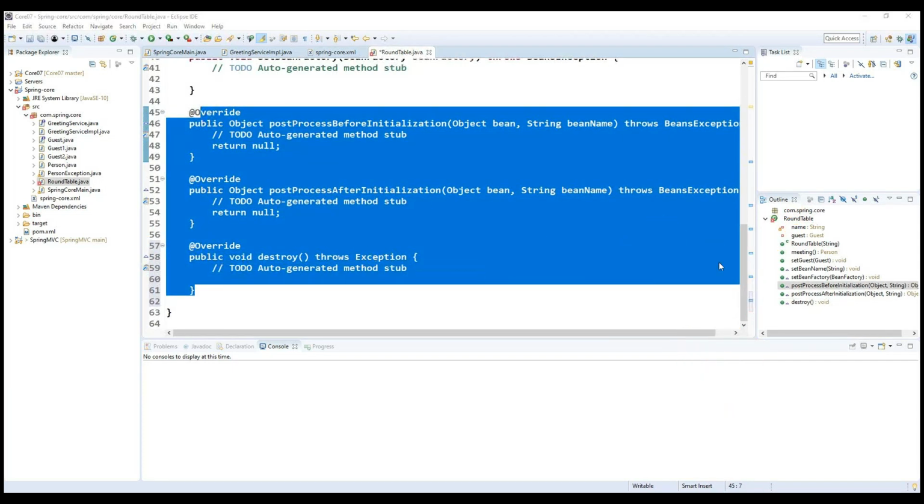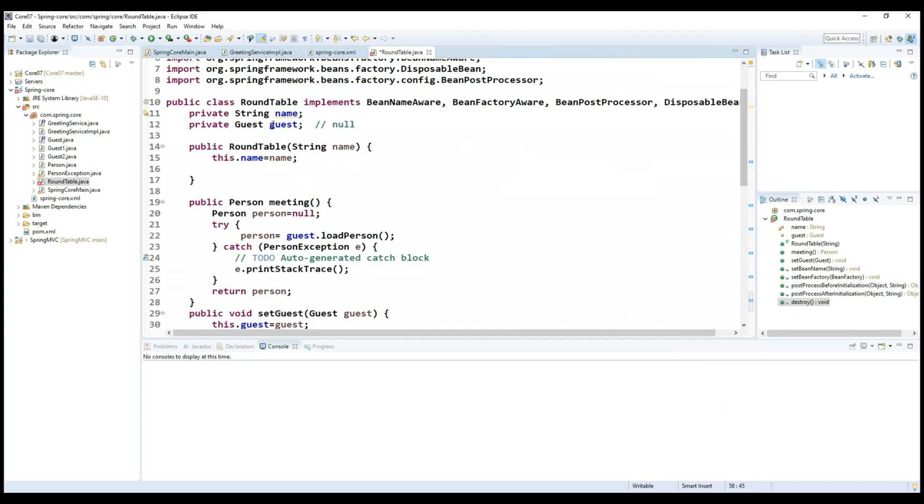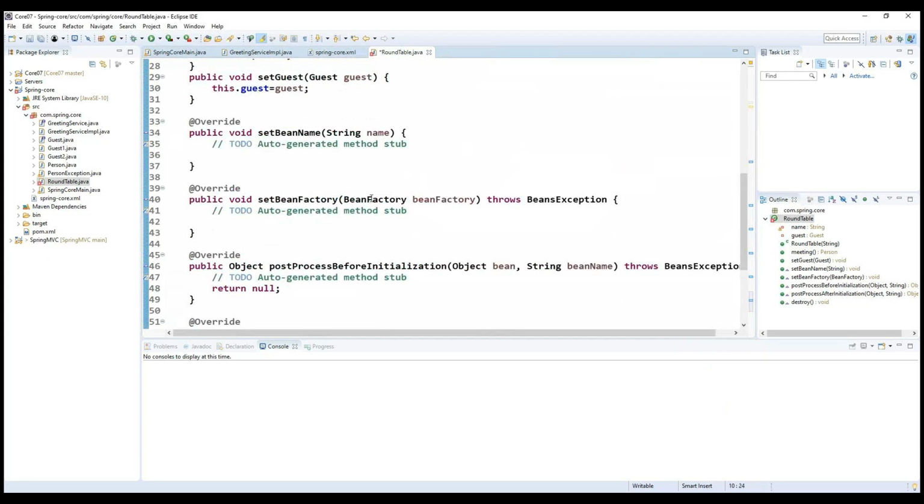This is the life cycle of this particular bean here. So what is the bean we are creating? Something like round table. Now what I will do, I'm going to print these particular methods with the help of all the sys out here. Okay, all the sys out I'm going to provide, and simply set bean name, and here I'm going to provide the name. Okay, and here I'm providing this particular information, something like set bean factory, and here